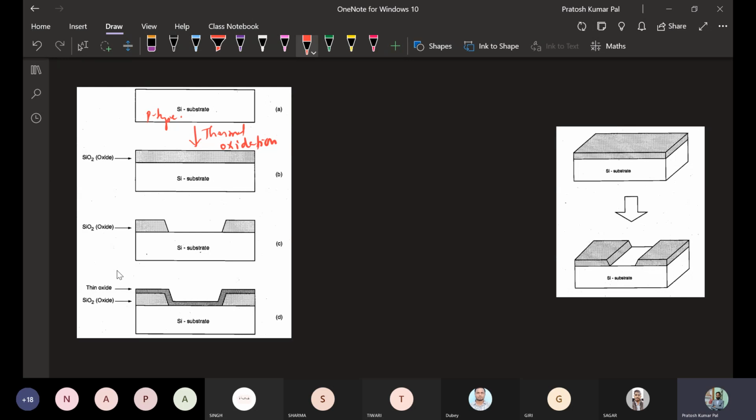Once the thermal oxidation is performed, we will be growing an SiO2 layer.